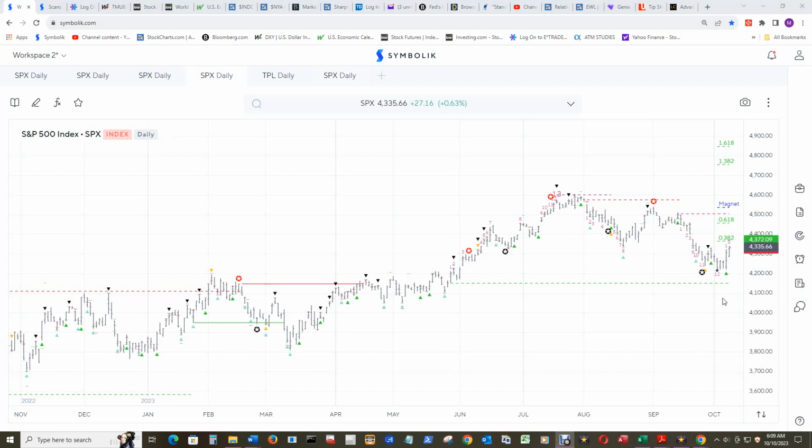And the overlap 3, which I have configured using DeMarc's parameters, has given the buy signal for